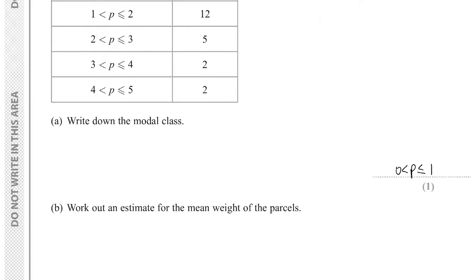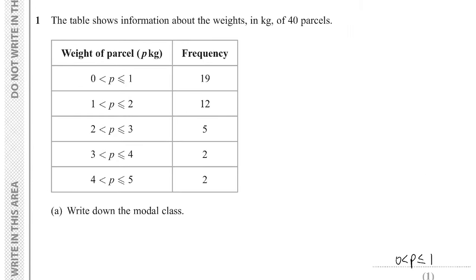And to work out an estimate for the mean weight of the parcels, you just need to consider the midpoints because the data is grouped. So the midpoint will be 0.5, 1.5, 2.5, 3.5, and 4.5. You calculate frequency times midpoint. So 19 times 0.5, which is 9.5. 12 times 1.5, 18, 5 times 2.5, which is 12.5, 2 times 3.5, which is 7, and 2 times 4.5,